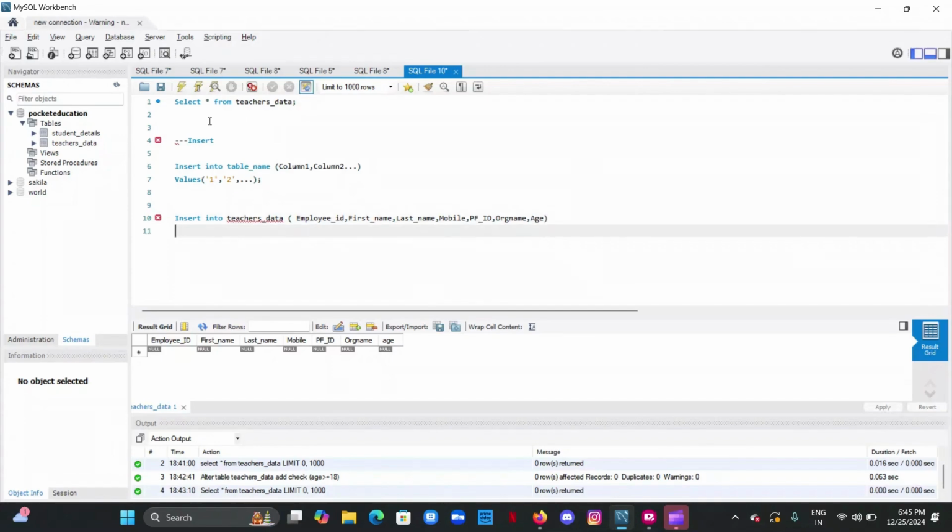So these are the columns. So we need to enter the values for the same. So values will be